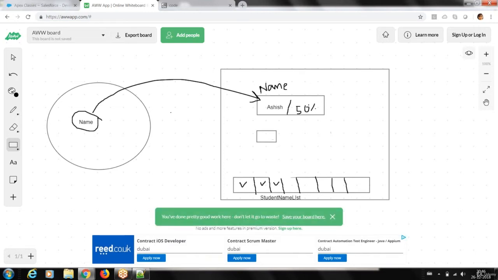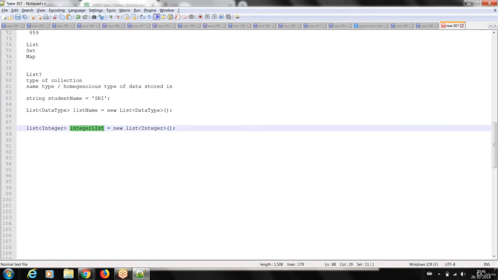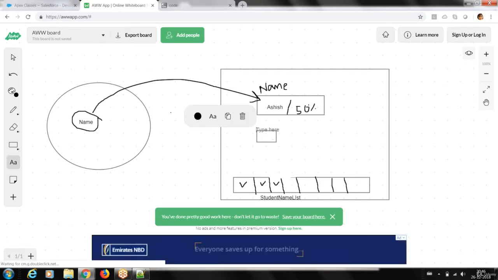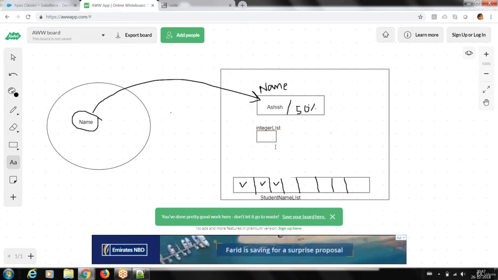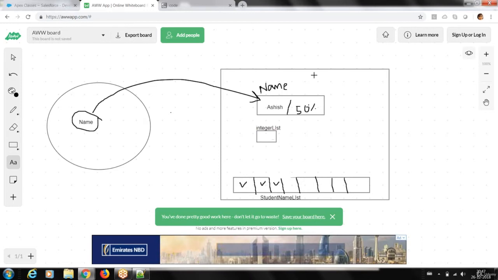And the name we have given here, integer list, is going to be the name of the list. Let me type it here, integer list. Now we allocate some memory. As you see in this heap memory, we just specify some space for my integer list.